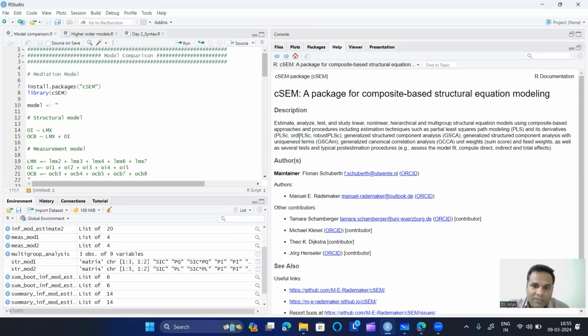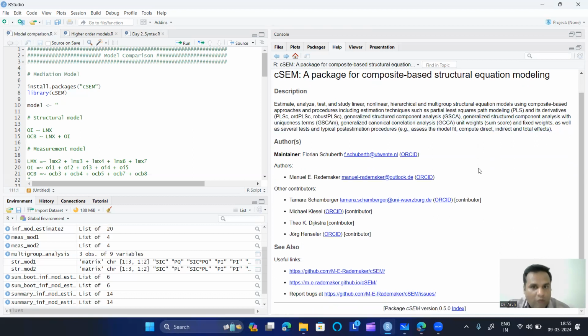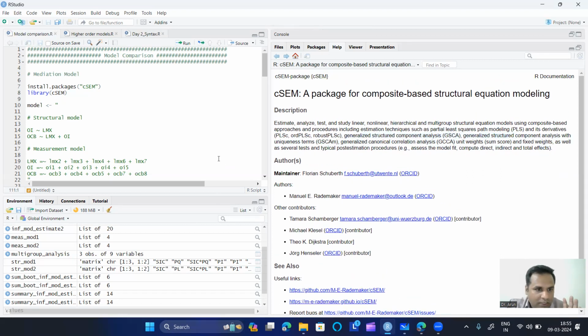So there is PLS consistent, there is ordered PLS, there is robust PLS. There's so many things it can perform. CSEM. So the CSEM package is the mother of all packages, I can say, if PLS-SEM analysis has to be performed. Now, if you want to see the syntax of